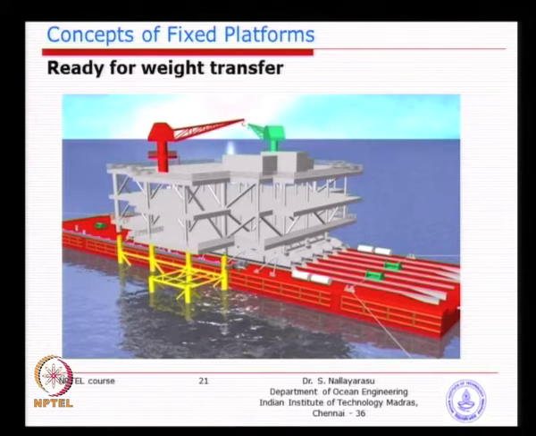So, that is the critical position. That is the time when the legs are aligned. You do a laser control alignment first, make sure the leg on the deck and the leg on the jacket are aligned perfectly, and then you start deballasting the barge. Now, there is an alternative method.